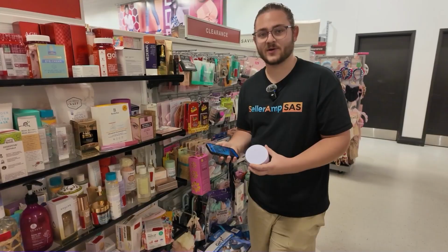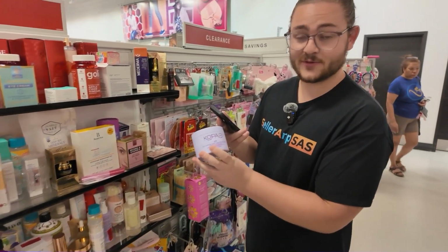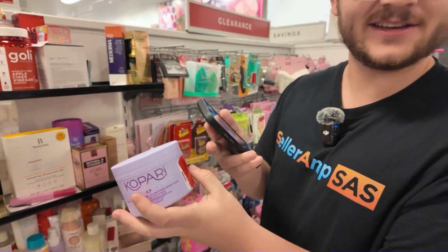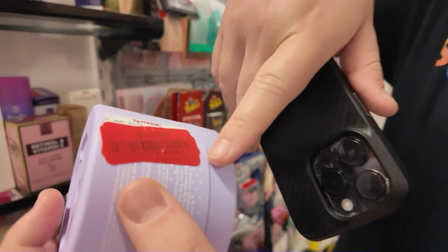When it comes to finding the right brands, you don't even have to know what you're looking for most of the time. So this brand, I've literally never heard of, Kopari, in my life. Maybe some of you guys are really into beauty brands and stuff, but I did notice that we see this red clearance tag right here. It's got 2 of them on there as well, so that means it's been discounted twice,